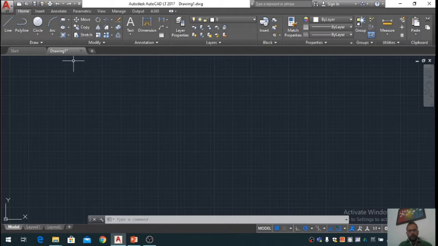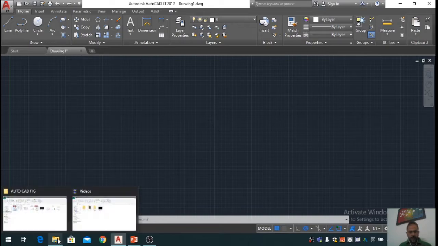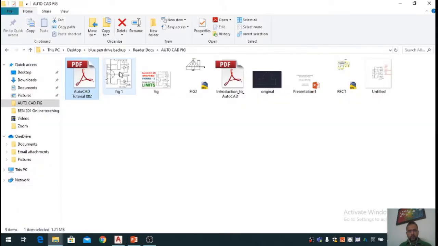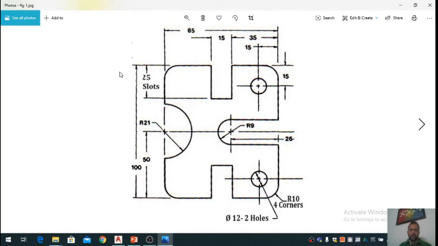In order to get a feel of AutoCAD, we will try to draw a simple figure, and in that we will try to use as many commands from draw and modify as possible. So let's have a look at this figure. This is quite a simple figure, and we will try to draw this.